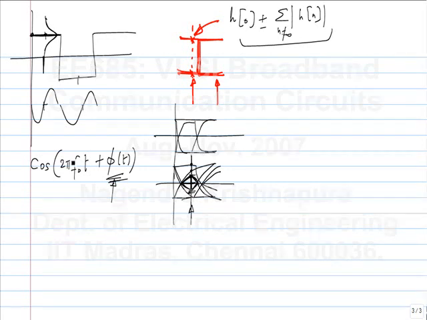Where do you get zero crossings of this? When this entire argument is integer multiples of 2 pi. Sorry, if it's cos, it is n times pi plus pi by 2 or something. But anyway, I'll just say integer multiples of pi, and that can be shifted around because of noise. This will be equal to n by f naught if there is no noise. If there is noise, then it won't be at 1 over f naught, 2 over f naught and so on. It can be at some other points, so there is a distribution for that also.